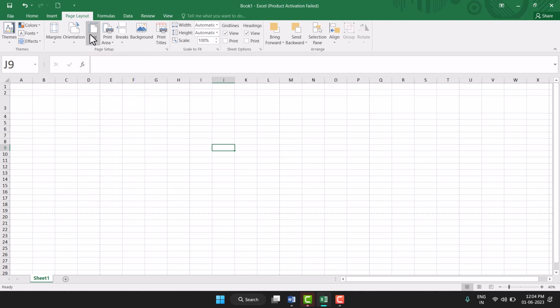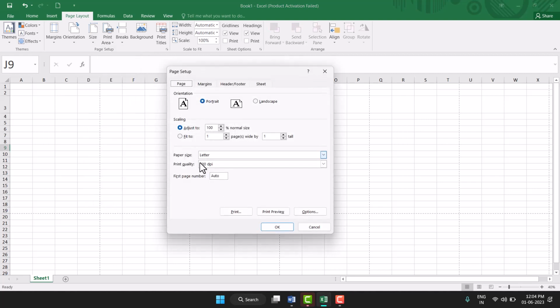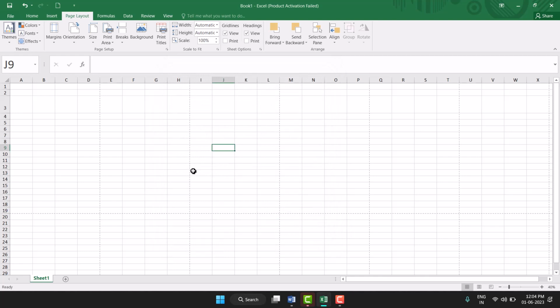Just click on page layout, size, and here more paper size, and here you need to select this letter and now click on OK. That's it. So this way you can very easily change size